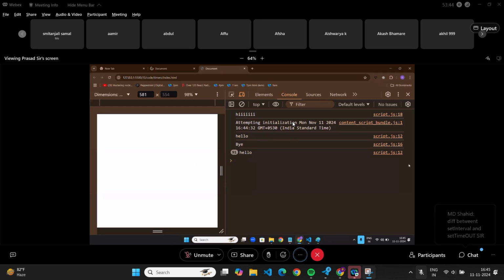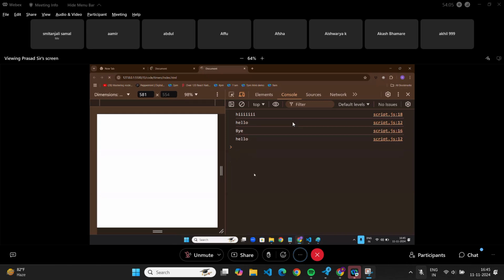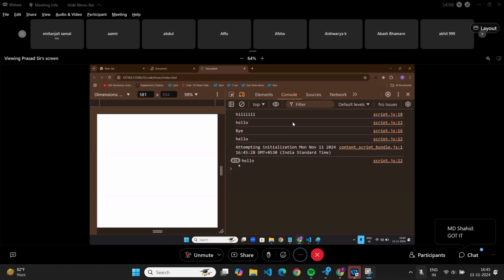Now, online someone asked what is the difference between set interval and set timeout. Set timeout is one time. Set interval is like again and again and again. It will go on. Any doubt, sir? It is running multiple times, every 1 millisecond, until it breaks at one point. Actually, the whole call stack will break. It will give one big error, like call stack size exceeded.